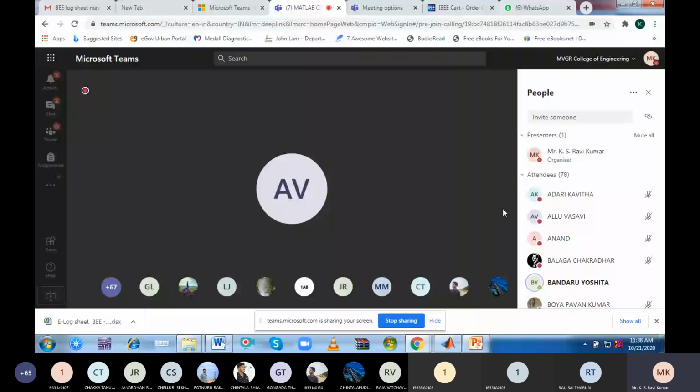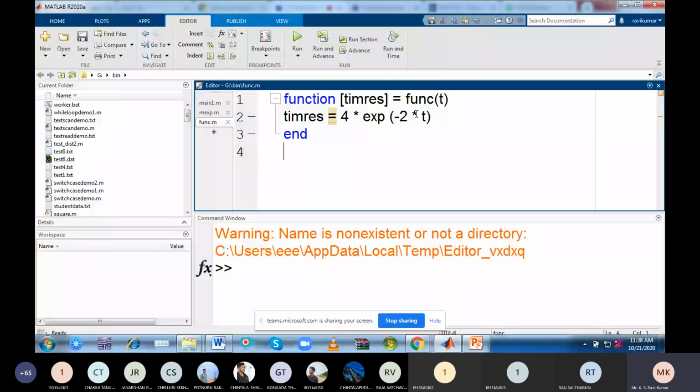Local variable and type. For example, here in this function, I have defined this variable, right? Timres. So timres is equal to 4 into exponential of minus 2t. So this is what we have given, right? So now here this timres is a